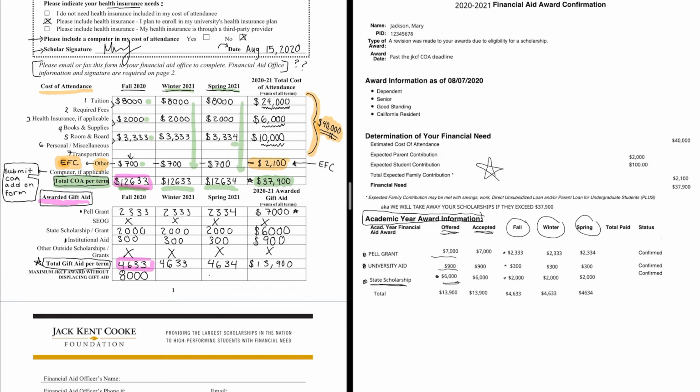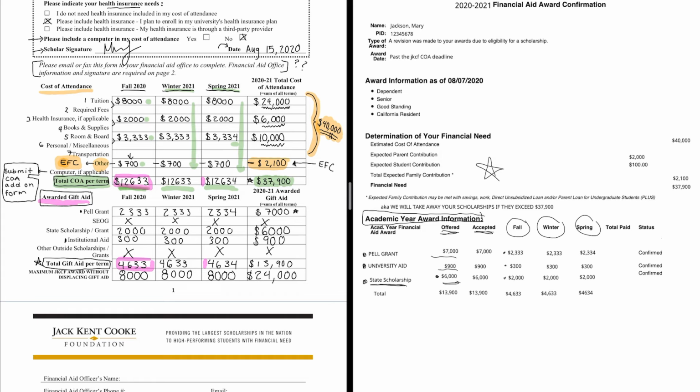If you're doing your actual cost of attendance form from your university, you're going to get crazy numbers like 1, 2, 3, 6, 7, 9, whatever. So moving on, if we do this for winter, we do $12,633 minus $4,633, and we should get $8,000 again. And for spring, $12,634 minus $4,634 should give you $8,000 again, totaling at